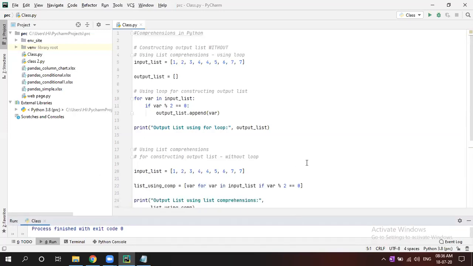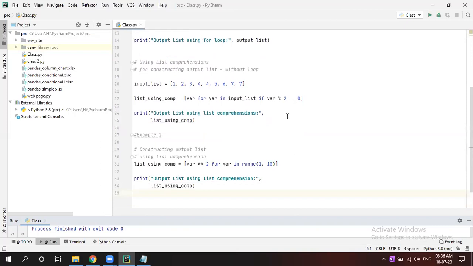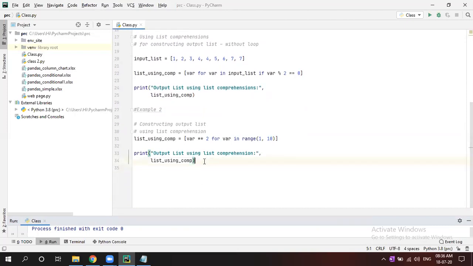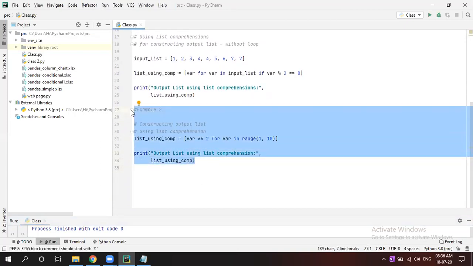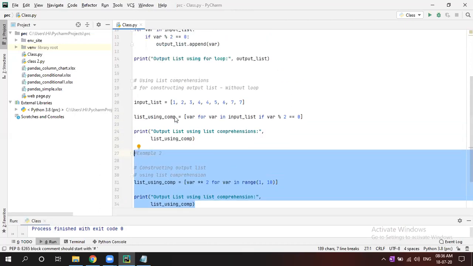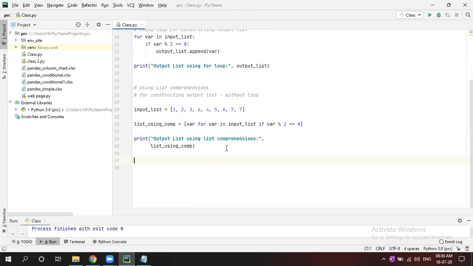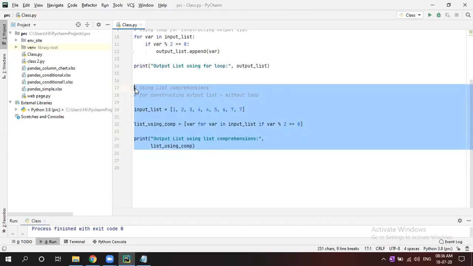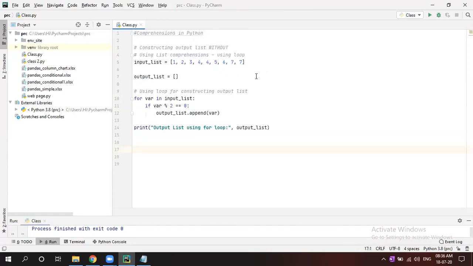You have copied 2 codes, I think. Just do one by one. Remove that. Delete that also, that is the second, third example.